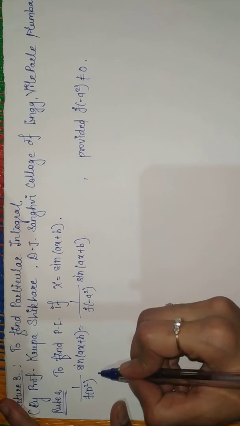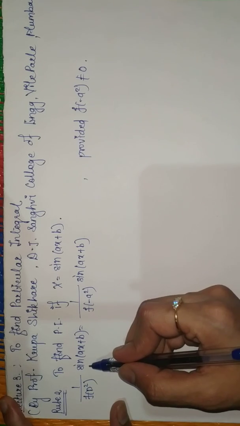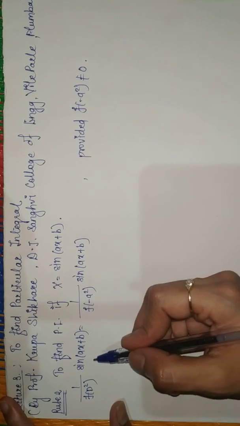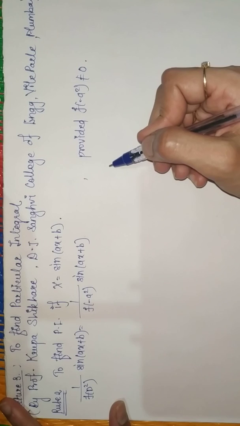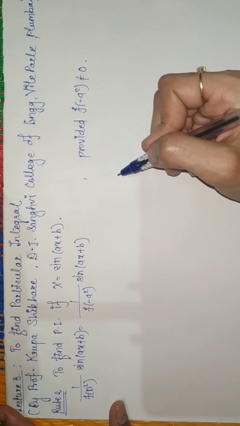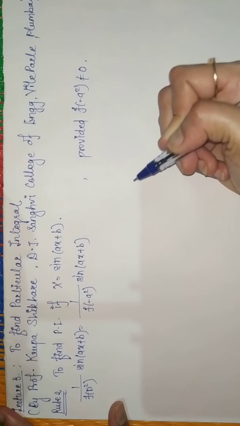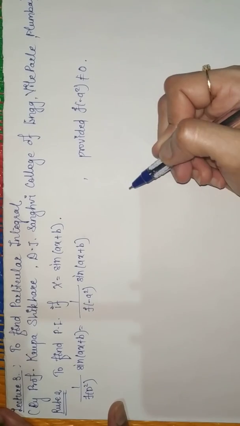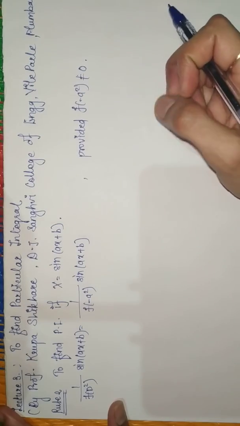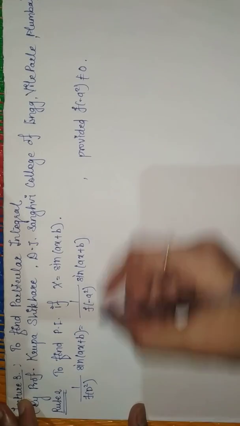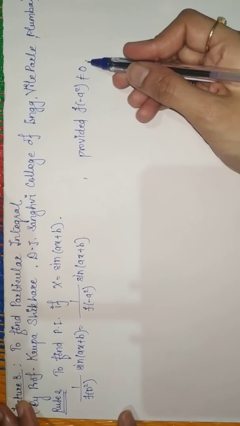So here in this case we are going to replace D square. We are just going to replace D square, D raised to 4, D to the power 4. Only even terms we are going to replace. We are not going to replace odd terms. Like D cube: D cube is equivalent to D square into D, and we will just replace the D square term. We are not going to replace the D term. Okay, so now here the condition is f of minus a square should not be 0.